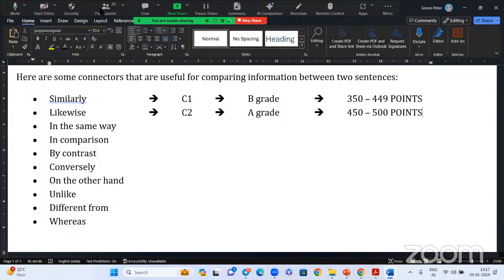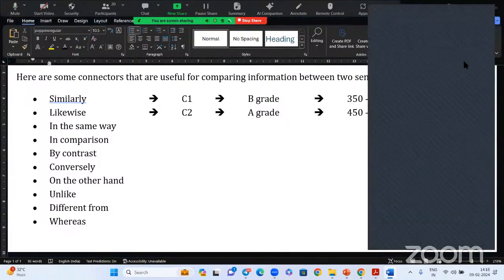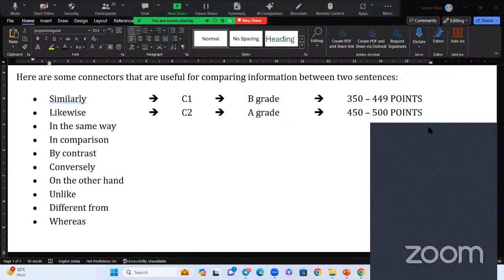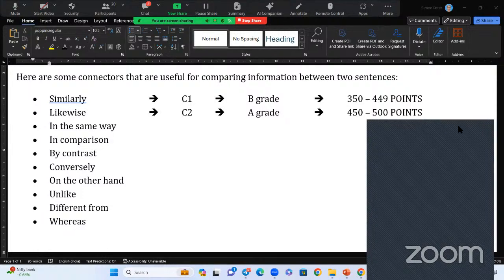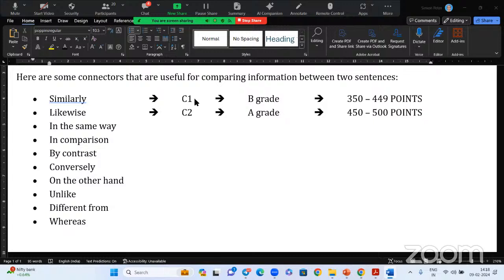Now, which word do you prefer to use? Yes, sir. Which one do you prefer to use, likewise or similarly? Likewise. Okay, for example, the same word, if you want to repeat it, instead of repeating that one, what word do you want to use? Similarly, sir. C1. Yes. So the first time you use a word, you give the impression that you are using the best possible word. And when you are repeating the same expression, use the synonym of it, that is C1, so you can use similarly.